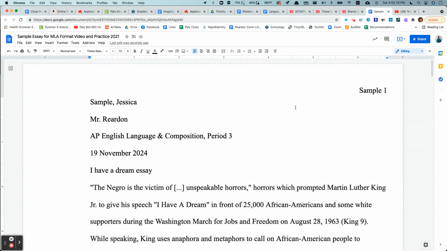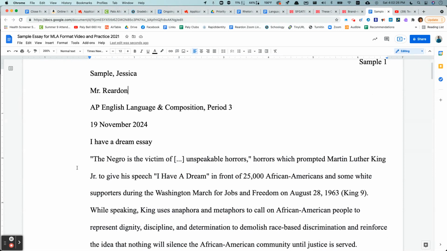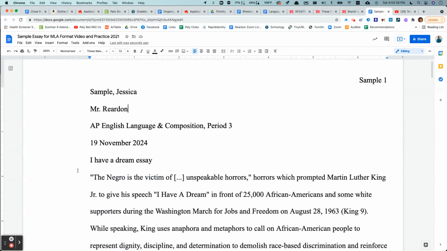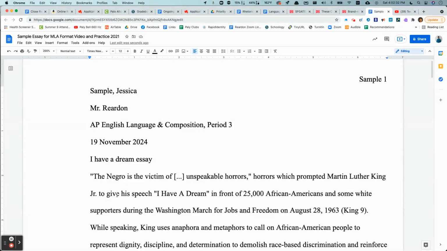All right, number 5, paragraphs are indented. So an indentation is just a movement of the first line of a paragraph in about half an inch. Indentation shares a root with words like dentist and dental, which means tooth or teeth in Latin. And so you think of it like you are taking a little tooth or a little bite out of each